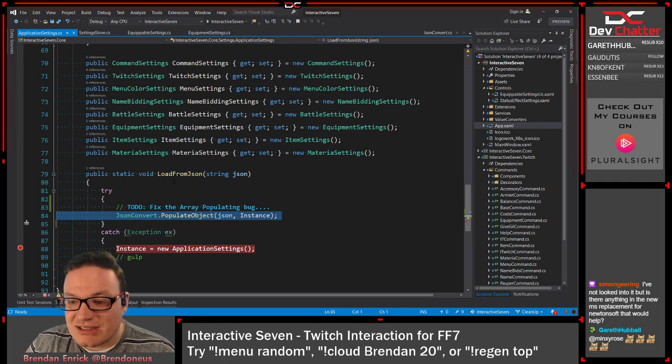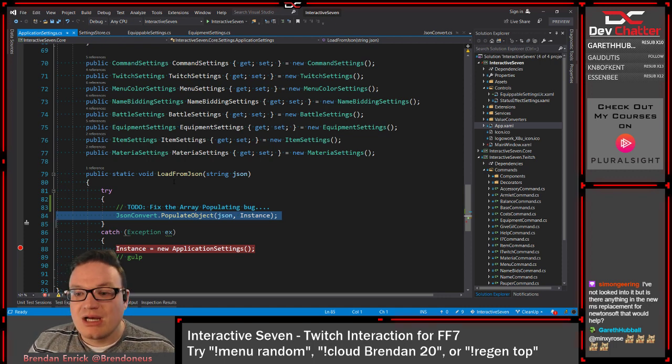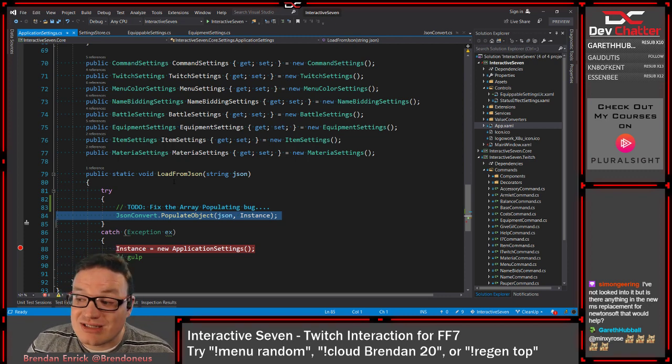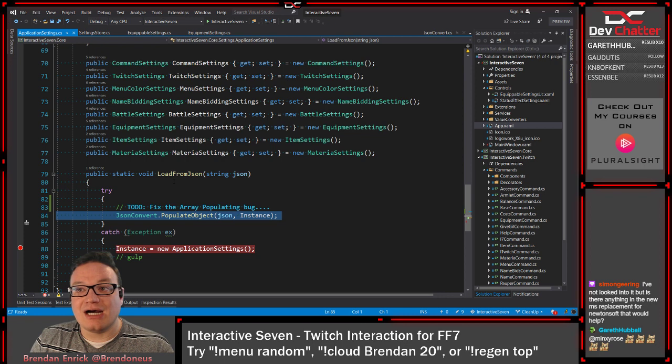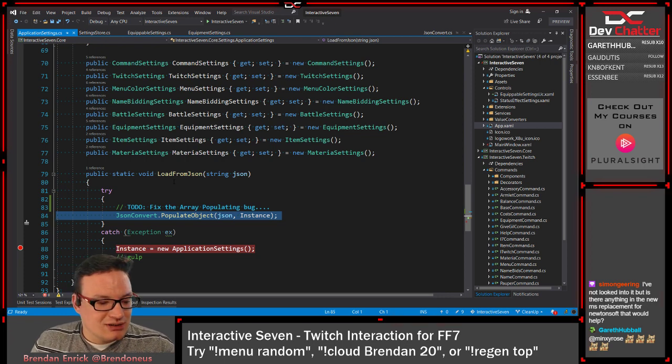You've not looked into it, but is there anything in this new MS replacement for Newtonsoft that would help? So I haven't looked into it yet either, Simon. I do want to dig into that, but we'll see. I think it could be potentially good. Either way,